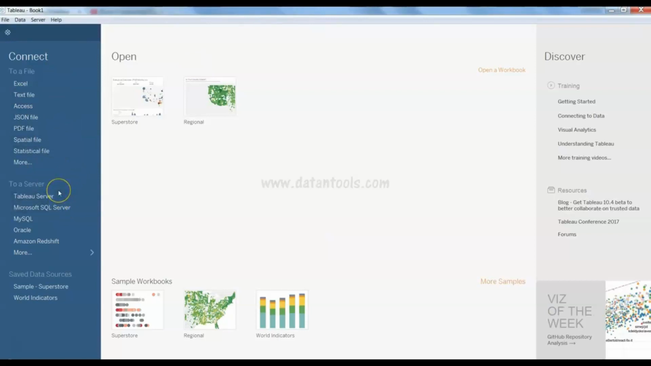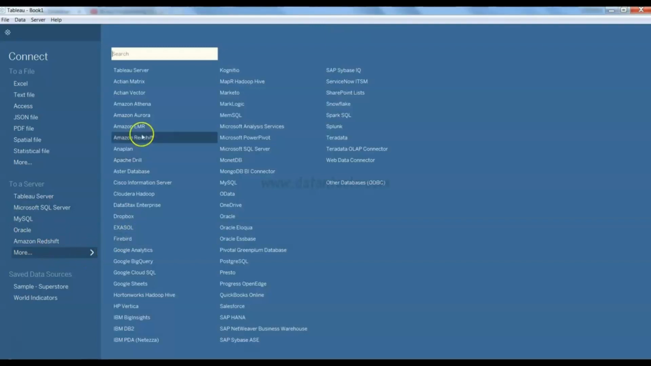Apart from this, if there are any server locations like SQL Server, Oracle, MySQL, or Amazon Redshift, a lot of options are given over here, like Firebird database, Esri database, Teradata, Splunk. So a lot of options are given over here from which you can directly connect and get the data directly into your